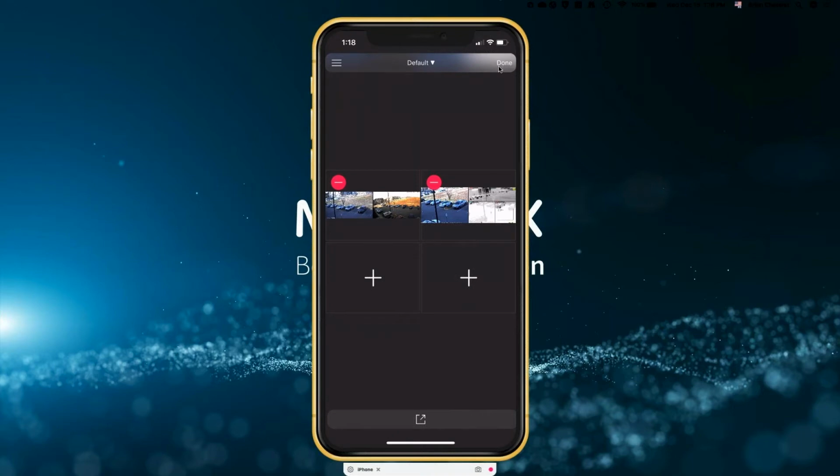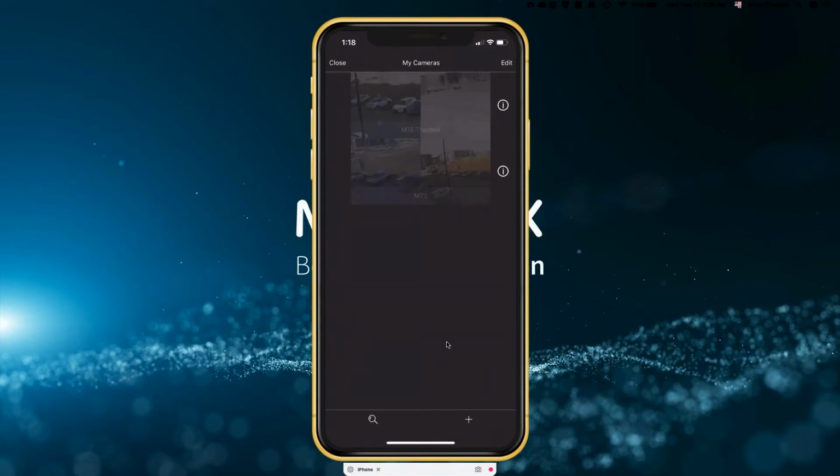I press the edit button up here. This is where I can also delete a camera with literally one tap, or add a camera. And if I just simply were to tap on this plus sign here, you recognize this screen. This is back to my add camera screen. So I would click the plus sign, add the camera, hit save, and it would show up in here.